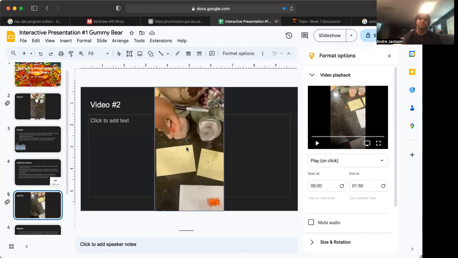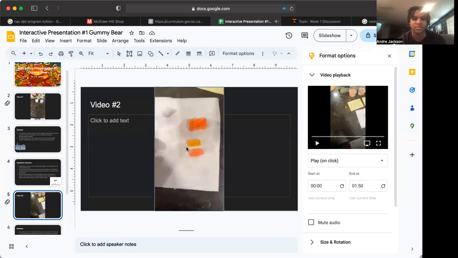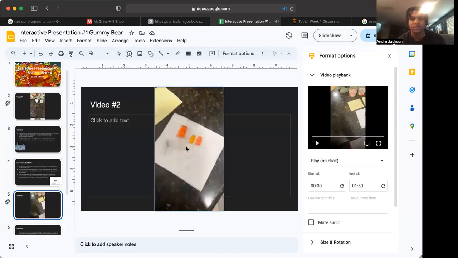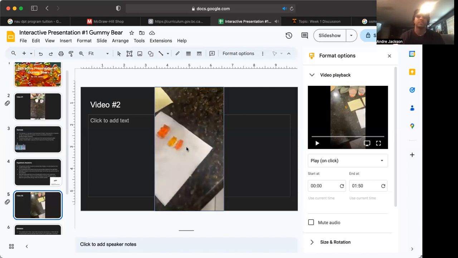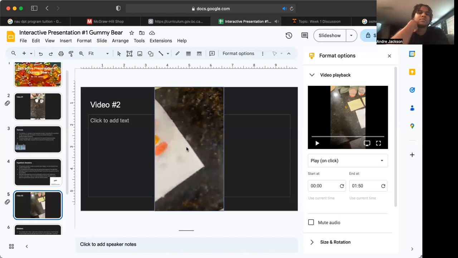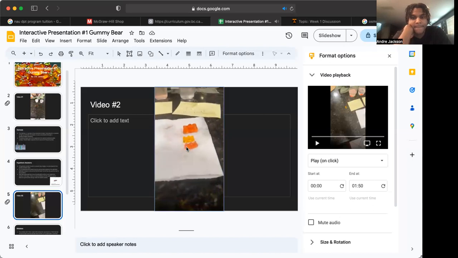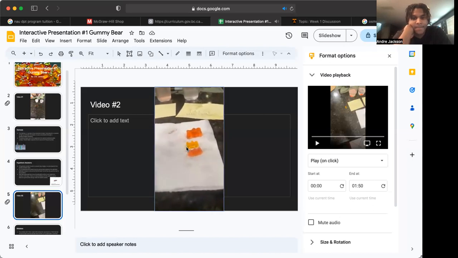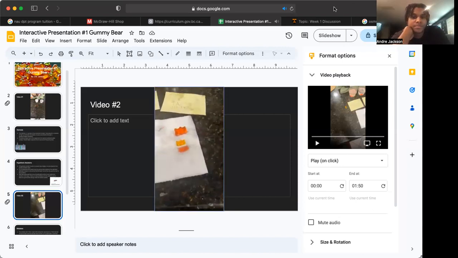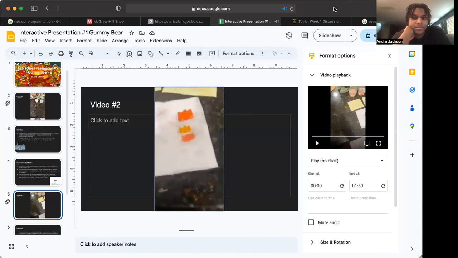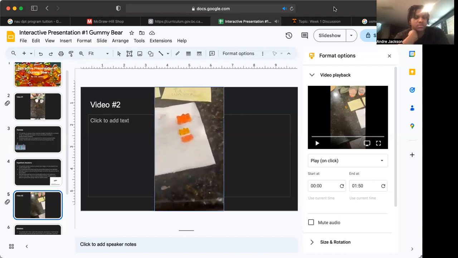So now for the saltwater one. Compared to the normal gummy bear, it pretty much stayed the same. I think this is due to the way that I put in the gummy bear. You may not see it on here, but the arms and legs did shrink. I think that's because of the way I put it in. It was facing the salt. The normal gummy bear still has arms and legs, but on the saltwater one, they're more or less nubs now. So in that case, yes, it did shrink,